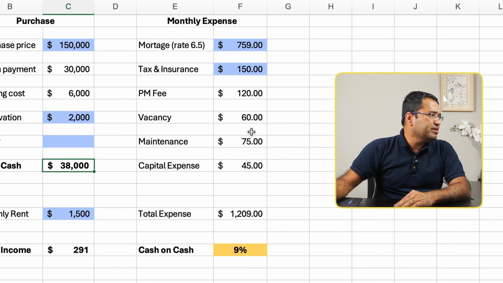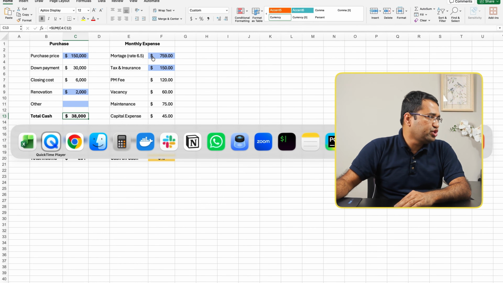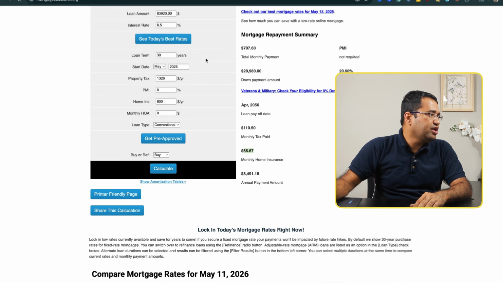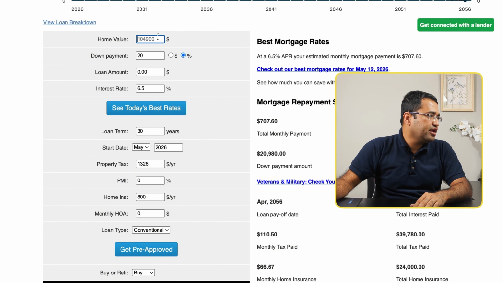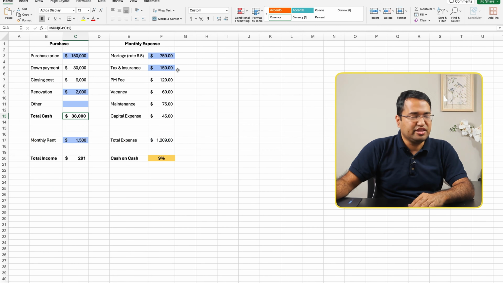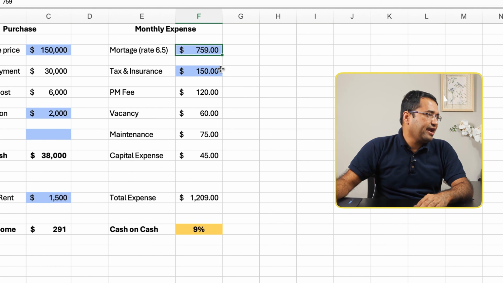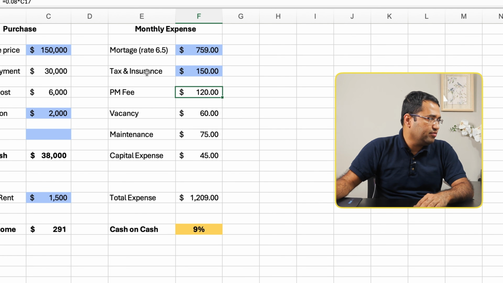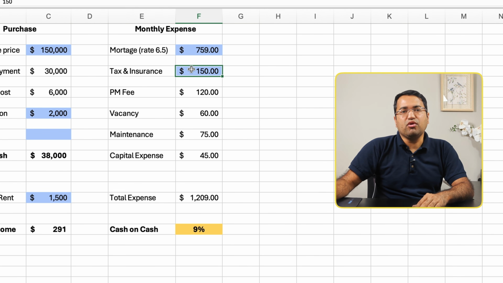Section B in the second column is the monthly expenses. So to calculate monthly expenses, you need to go to the mortgage calculator. You put down all the numbers here, 150,000, and what is the interest rate. You calculate using this button. You get the total monthly payment required. And you put this mortgage payment in this box. Then you find out the tax and insurance and put the monthly tax and insurance payment in this column. So for this property, I'm assuming this is $150. Mortgage payment was $759. So for the expense column, you only put down two things, the mortgage payment and also